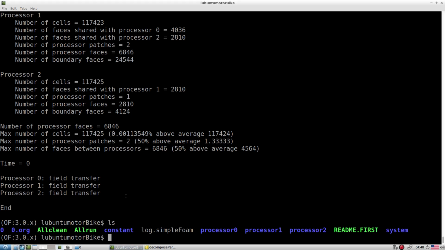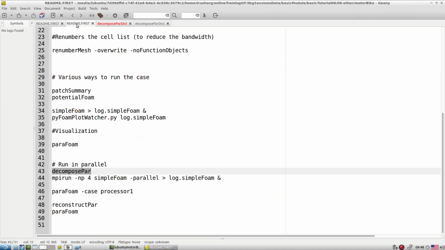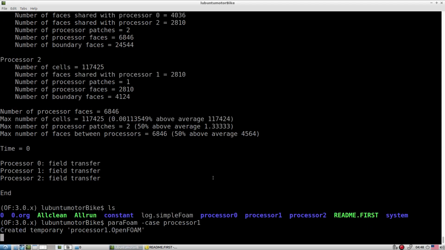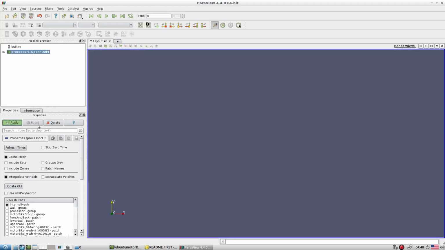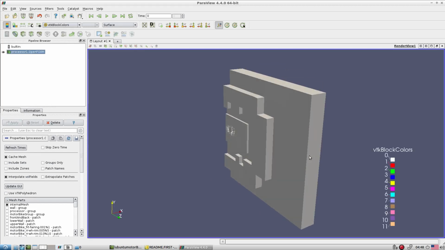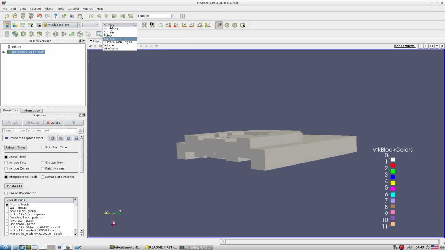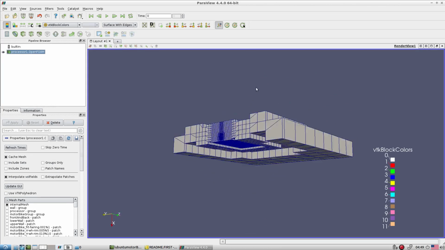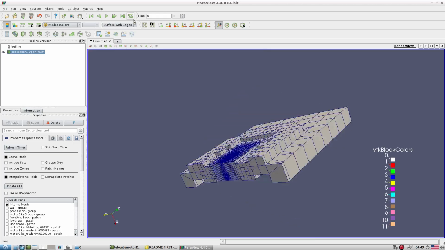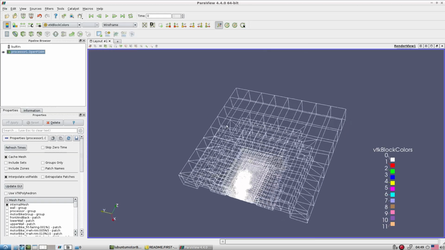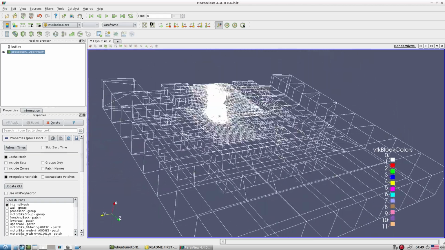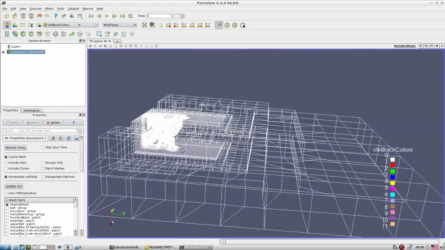Okay, and then let's say we want to look at the case, how it looks in ParaView. So you can look at it this way. If you see, this is the decomposed version, and this part is right now with the 0 processor. So this is how you can see it after decomposition. So this portion is right now with processor number 0.